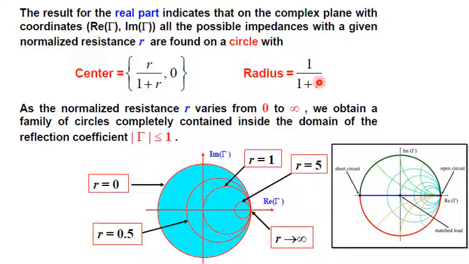So as the value of R is smaller, the radius will be larger. Here we can see the biggest circle has the value of resistance R equal to 0, and as the value of R increases, the radius of the circle reduces. So here this small circle represents the value of the real part of the impedance, or the resistance, equal to 5. Okay, so when R is equal to 0, this is the point of short circuit, and here R is very large, so it is the point of open circuit as far as the impedance is concerned.